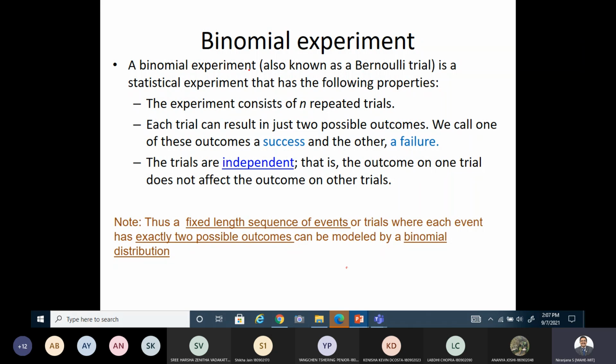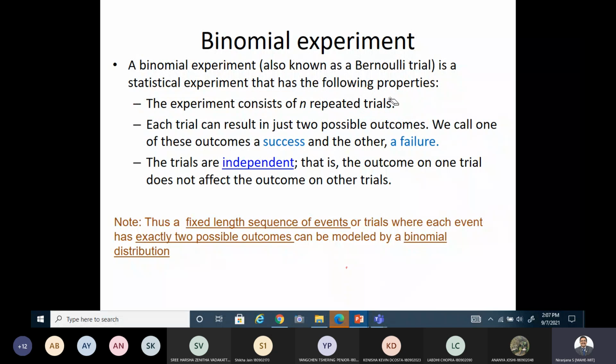So a binomial experiment generally has n repeated trials. An experiment will have some outcomes occurring in each trial during the conduction of the experiment. For example, there is the possibility of getting an outcome when you are flipping a coin or rolling a die, right? The outcomes are discrete in nature, but there could be n trials you are conducting. You will be tossing n times, rolling n times. That is said to be n repeated trials, right?